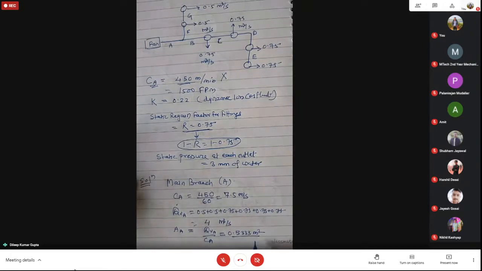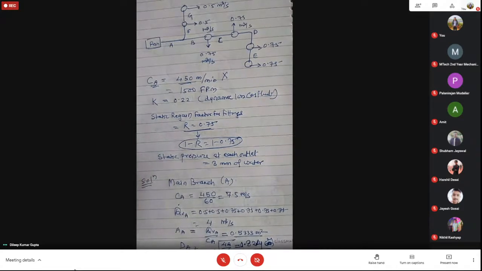If this is the area, you find out the equivalent diameter with respect to this. So dA you can find out, that will be equal to the square root of 4A divided by pi, and this will give you 82.4 centimeter or 0.824 meter. Basically it will be 0.824, it is better to write it in meter. So these data are now known for the first branch.